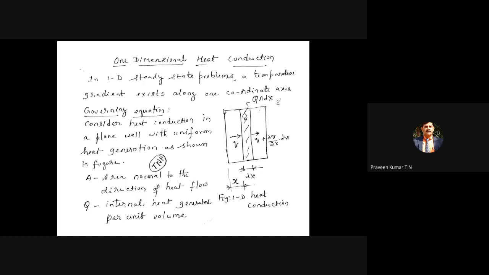In a simple way, there is heat flow in the x direction, and other than that, the variation of the temperature along the y direction is zero and the variation of the temperature along the z direction is zero. I'm not saying that the temperature along the x direction is zero. Heat predominantly flows only along the x direction. Then it is referred to as one-dimensional heat conduction. You are talking about the heat conduction.